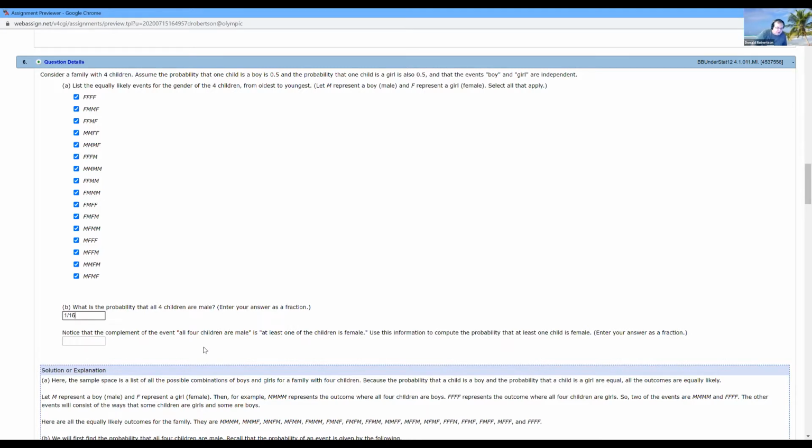Now, the complement of the event that all 4 children are male. That's dead easy. The complement, that's a fancy word for not that thing. If that thing, in this case, all males, is 1/16, isn't the complement, not that thing, the other 15? So that would be the second answer. Is that what you're looking for? Yeah, thank you. I fell for the same trap of not reading a question really carefully. Every word's a prisoner, you know. If you don't read them carefully and interpret them, you sometimes think they're asking A when they're really asking something else, B.